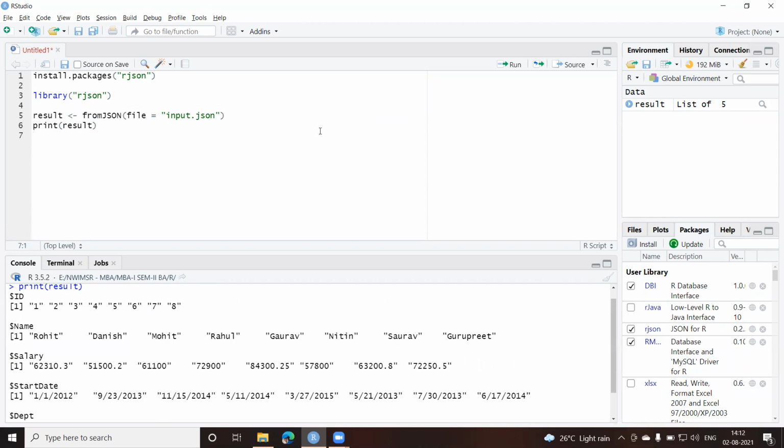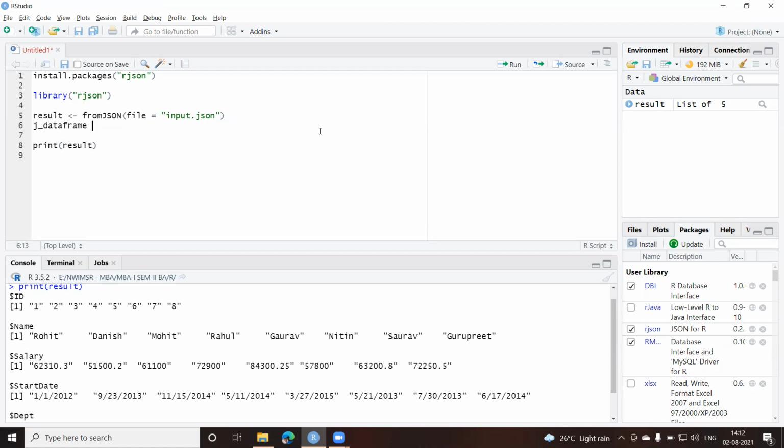Now, storing the rows and columns is the best option, as I told you before. So what we'll do is we'll convert this into a data frame instead of using the JSON content as a list. The best way is to use it as a data frame. So as soon as I read this data, let me convert this into a data frame. I'll just write J underscore data frame.